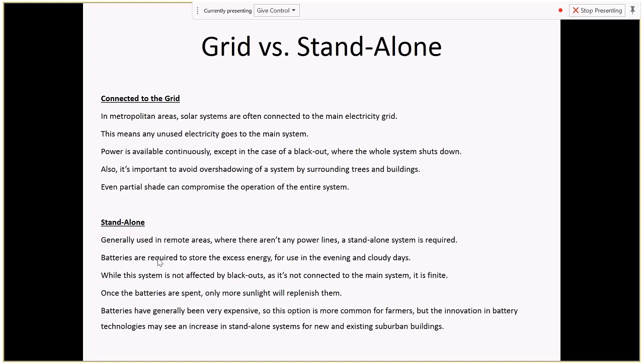People will start doing that because the feed-in tariffs you get, the amount of money for selling your power to the grid, is not nearly as much as what you have to buy it back for. Well, you're selling it to the general community, but